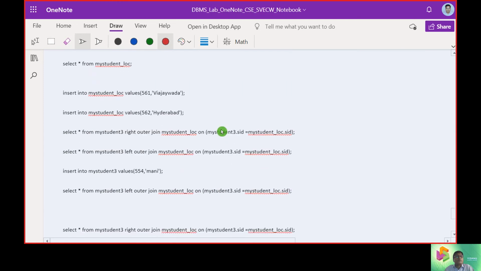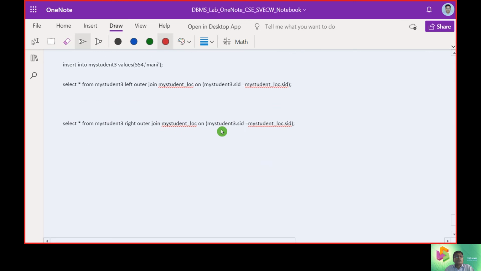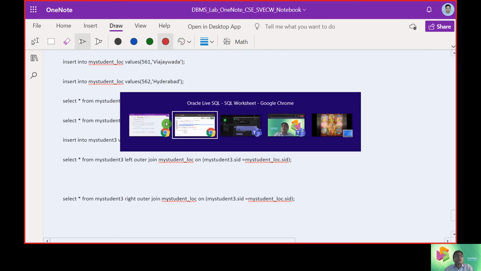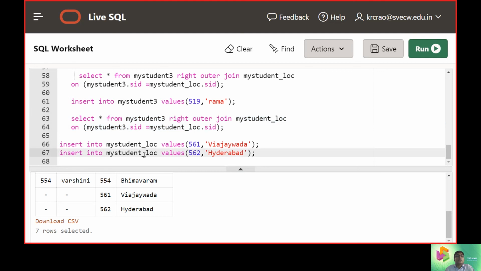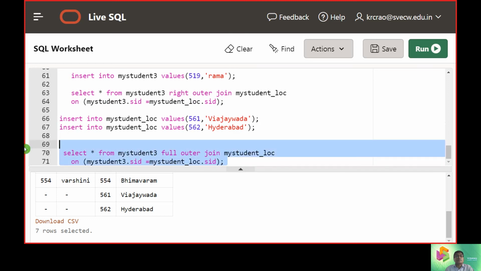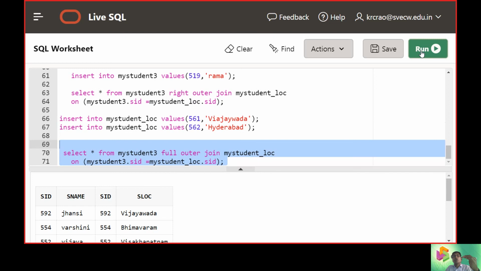Now, in this way we were talking about the joins, and finally let us look at the full outer join. It holds both the left and right elements.